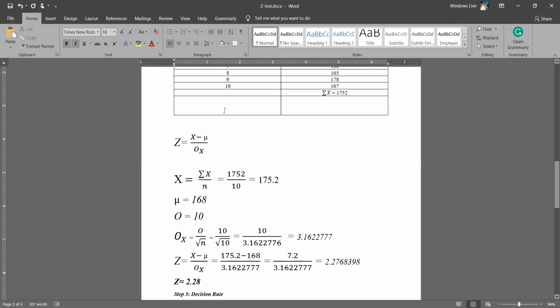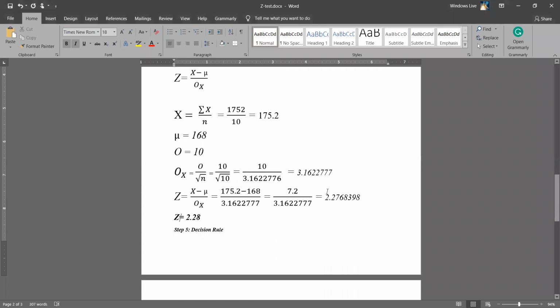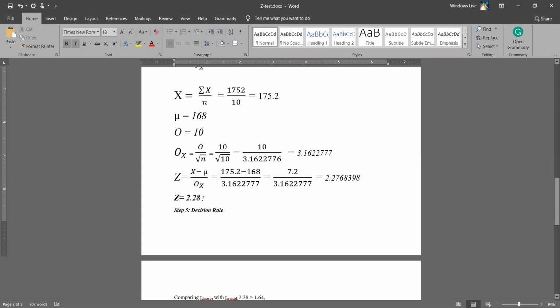And when you substitute it into the formula, this is how it will be like. Then you calculate, and the final value will be this. So that will be our z observed, the z observed that we indicated at step 3. So when you round to 2 decimal places, you should get 2.28. So that will be our computed value, z observed. And that will be all for computation. And the next step has to do with